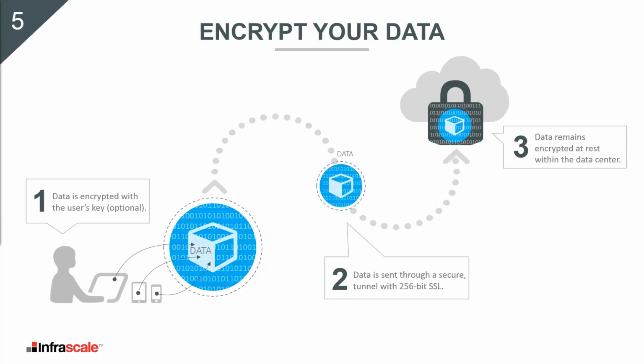So that brings us to number 5 here. And this is all about data security and privacy with encryption. Unlike solutions that take raw files and send them to the cloud, Infrascale uses a military-grade double-blind encryption to protect data. And this Infrascale way is a best practice as compared to the methods that other solutions use. With encryption locally, in transit, and at rest, that's the only way to truly ensure that data is secure.